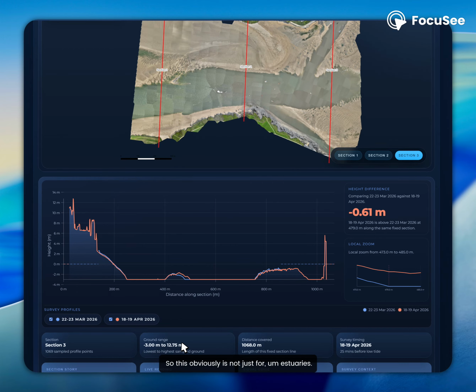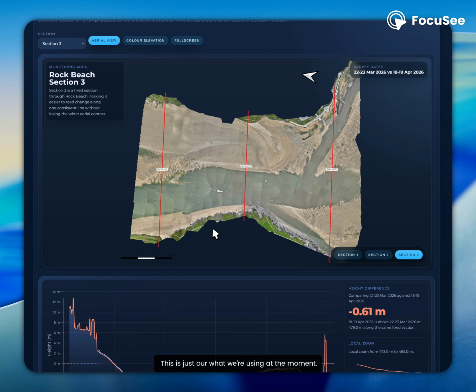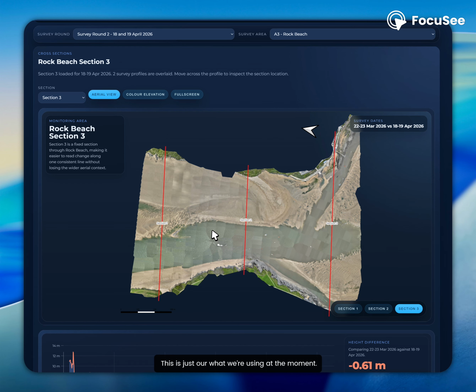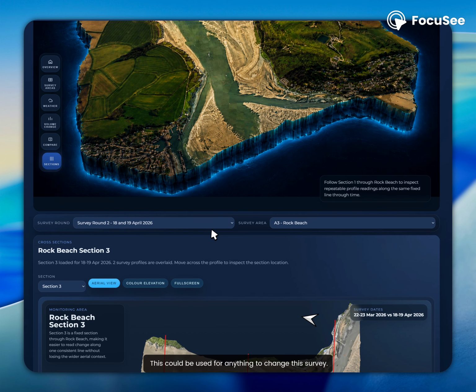This obviously is not just for trees. This is just what we're using at the moment. This could be used for anything that changes, this survey,